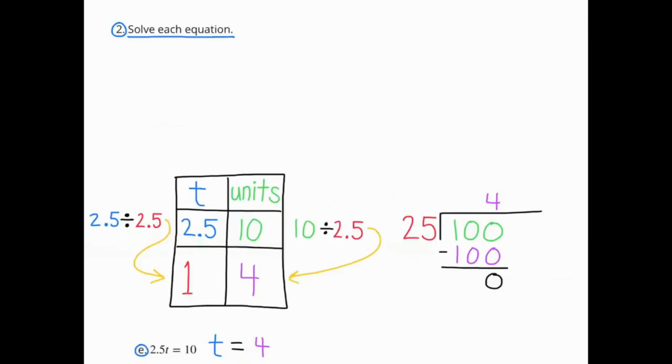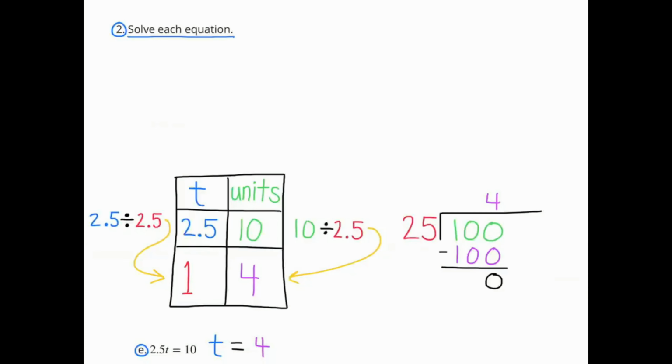E. 2 5/10 times t equals 10. I put the units on the right-hand side and the number of t's on the left-hand side. So 2 5/10 t's equals 10 units. In order to find out how much 1 t is worth, I have to divide 2 5/10 by 2 5/10, and that gives me 1. So I have 1 t in the left-hand column. Since I divided this column by 2 5/10, I need to divide the 10 in the other column by 2